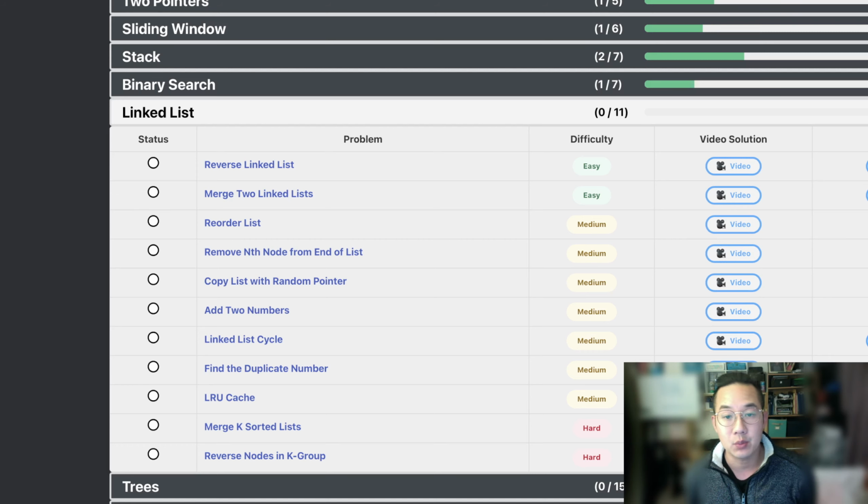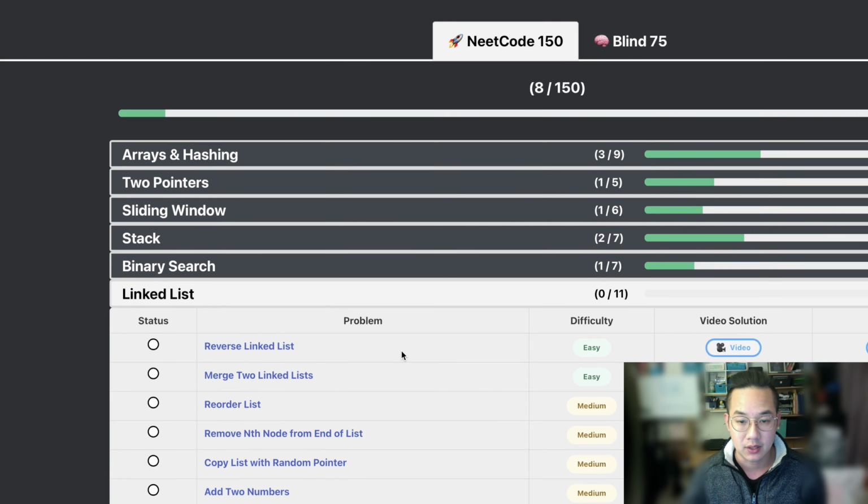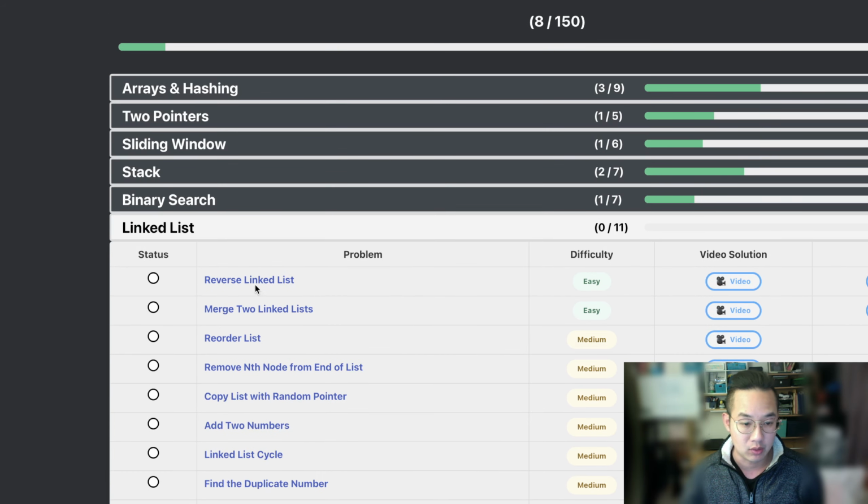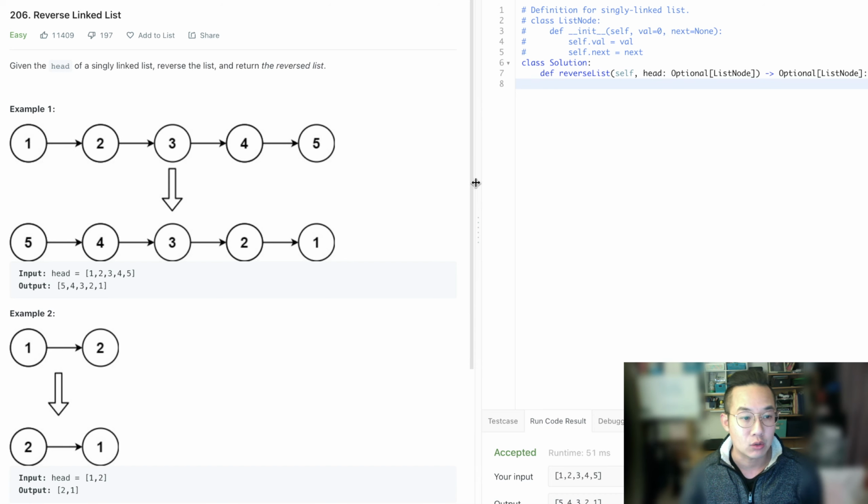Hello there. Today we will be doing number 9 of the Neetcode. We'll be doing the reverse linked list. To reverse a linked list, we are given a head node, and that node is linked to a whole bunch of nodes, as we can see here, and we need to reverse the order of these nodes. The simplest way